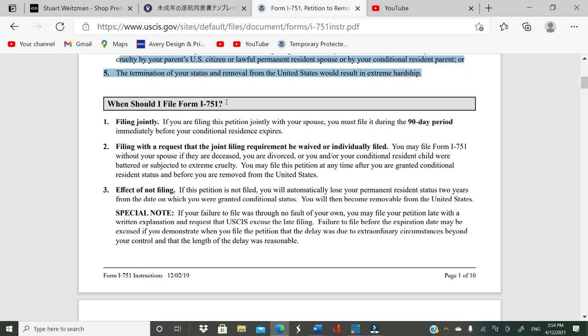When should you file? If you're filing jointly with your spouse, there's no problem, but you must file during the 90-day period immediately before your conditional residence expires. If you're filing with your spouse, 90 days prior to the expiration of your conditional residence, that's when you file. But if you're filing for the joint filing requirement to be waived, and you want to file on your own,